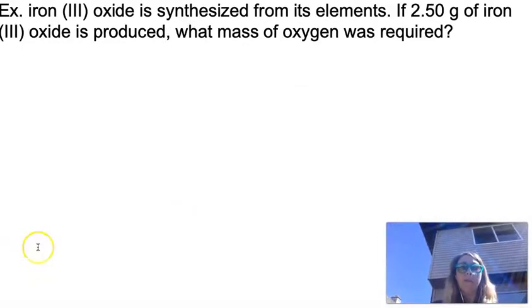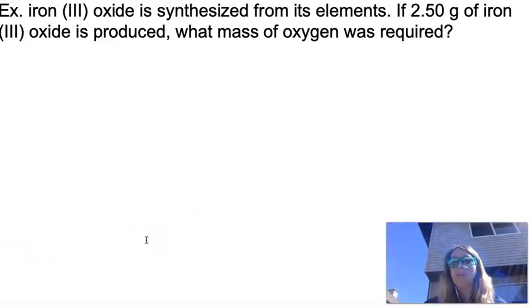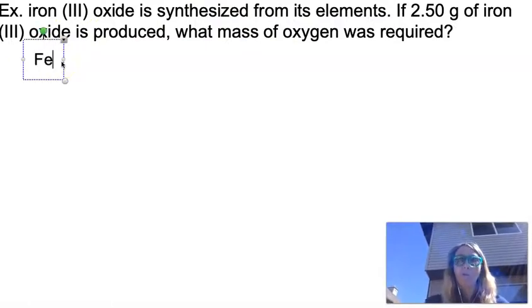So last example we're going to look at, we're going to go from a mass to a mass. So those are kind of the 4 different types of gravimetric Stoich questions. Moles to moles, moles to mass, mass to moles, and mass to mass, okay? So our question says iron 3 oxide is synthesized from its elements. So that means we are doing a formation reaction. So we are doing iron